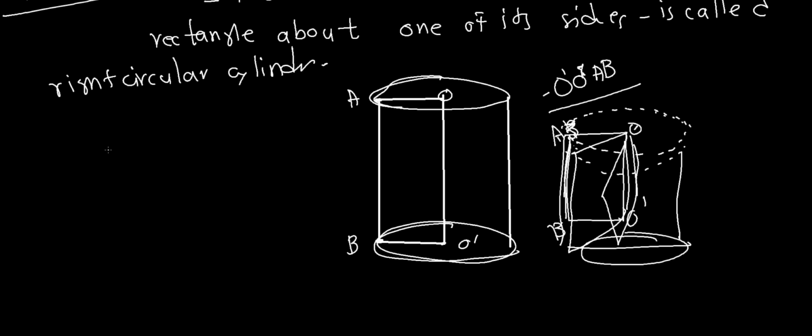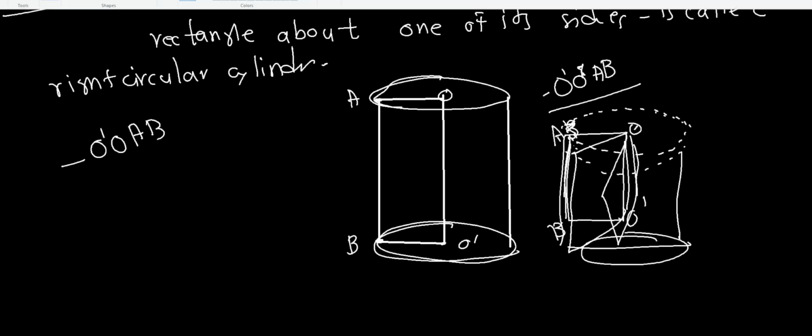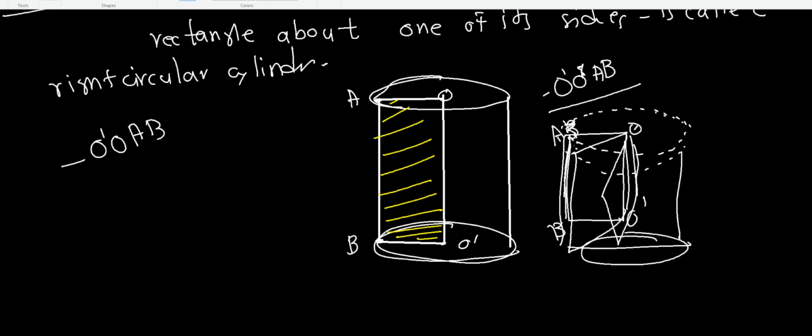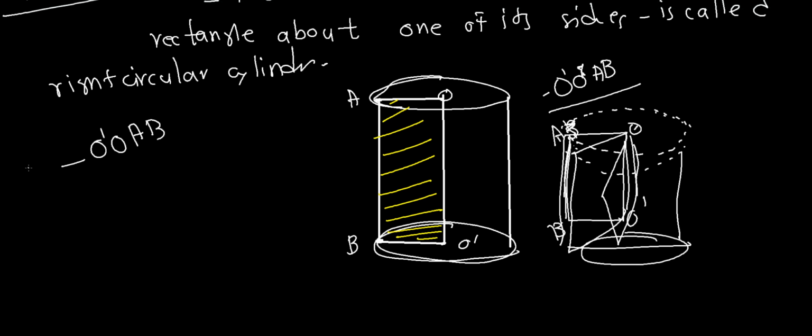So here, consider the rectangle O dash O A B. I will just mark this as the rectangle. This is our rectangle O O dash A B,